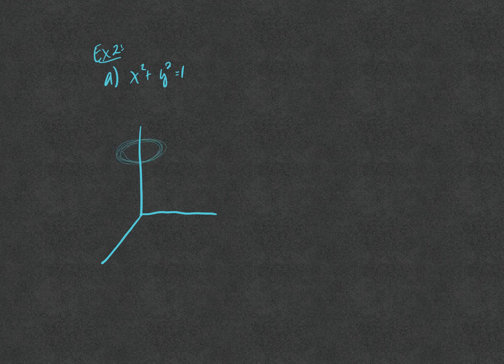So here we have a cylinder, and it has a radius of 1. You can see the cylindrical shape happening, and the z value doesn't matter. Technically z could be anything, z could be k, and that's what moves these circles up and down the